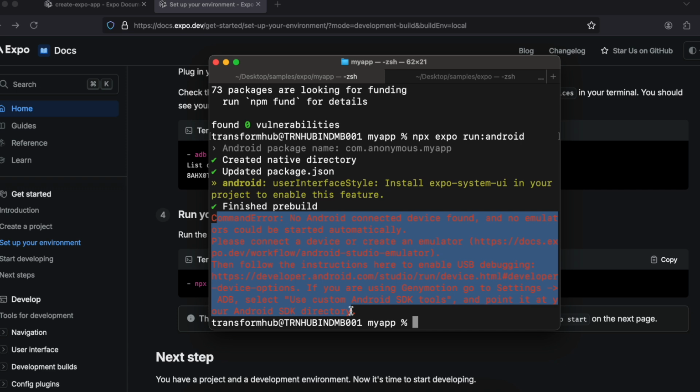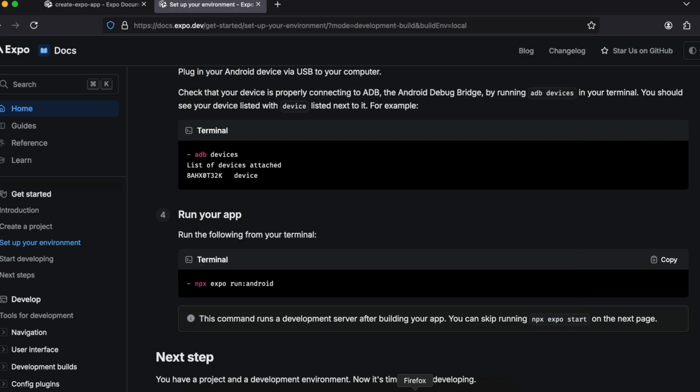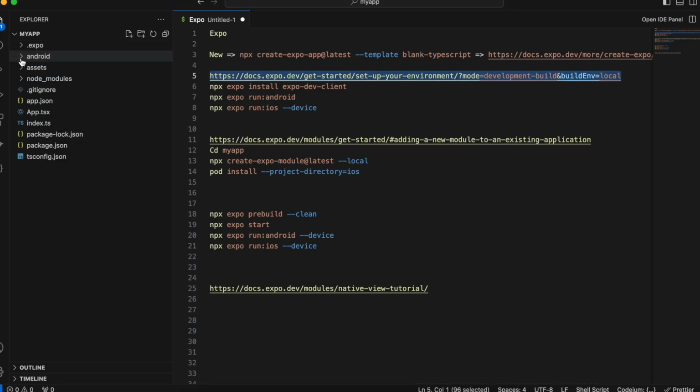If you want, you can run it. For now, you can just do Control-C to quit that particular step. And if you see over here, you can see the Android folder is created. Okay, so the next step which we have to do is we just have to copy this URL and open